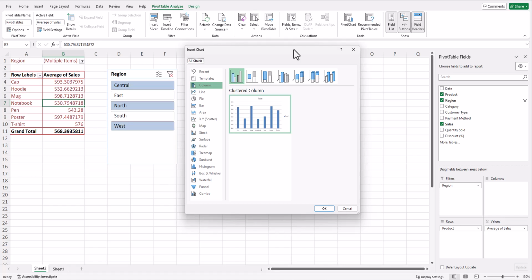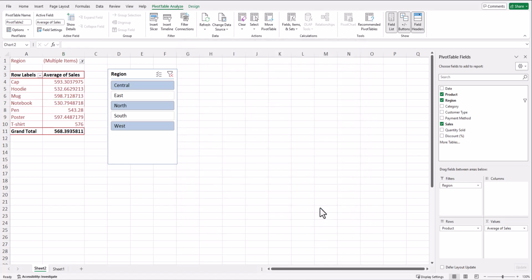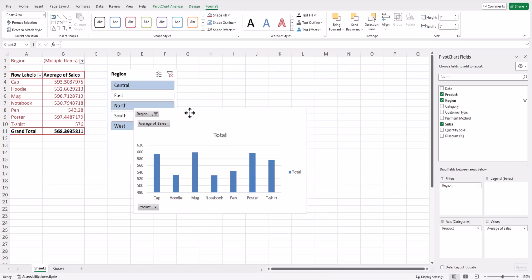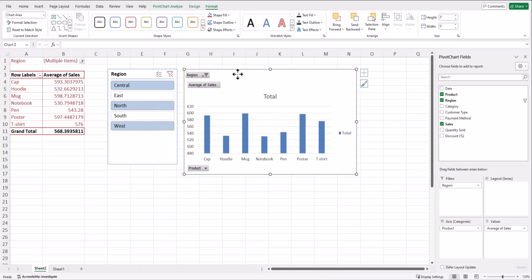For this example, let's choose a column chart, which works well for comparing sales across regions. Select it and click OK. Excel will automatically insert the chart onto your worksheet. It's linked to your pivot table, so any changes you make to the table will automatically update the chart as well. Once you've added a pivot chart, you can customize it to make it more visually appealing and tailored to